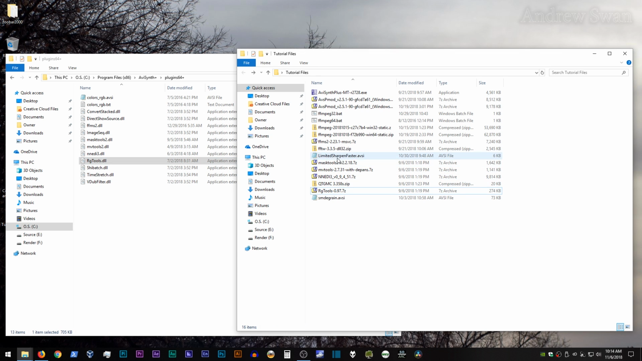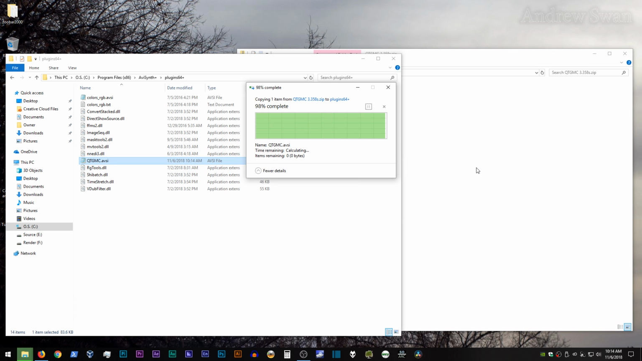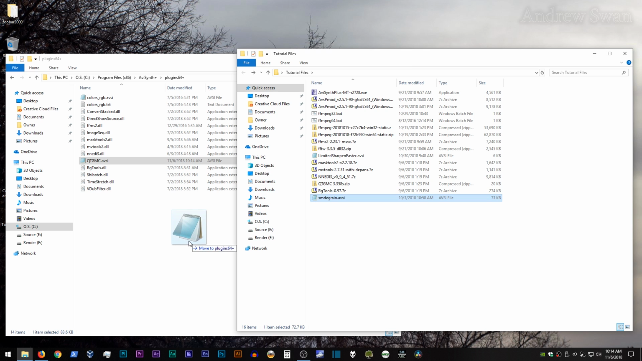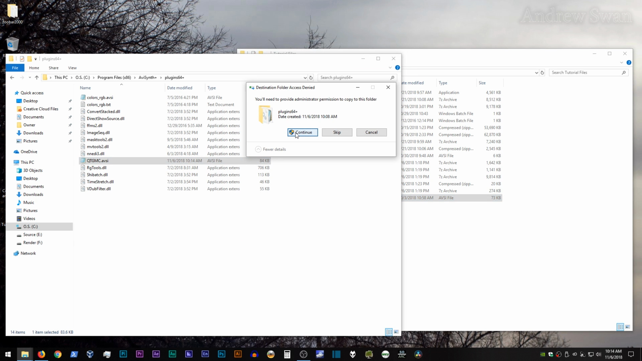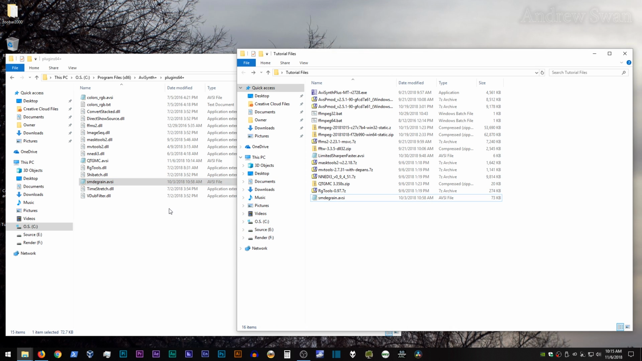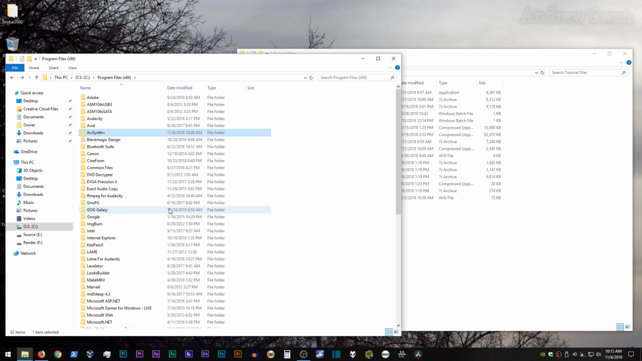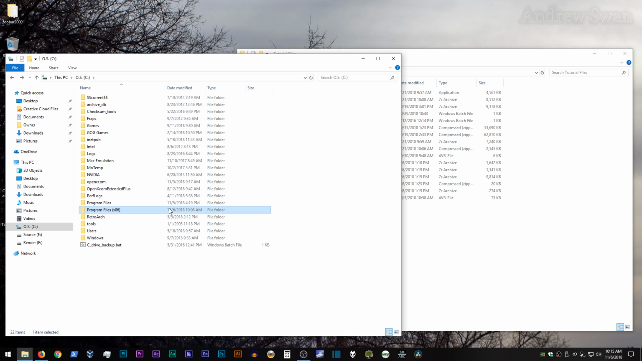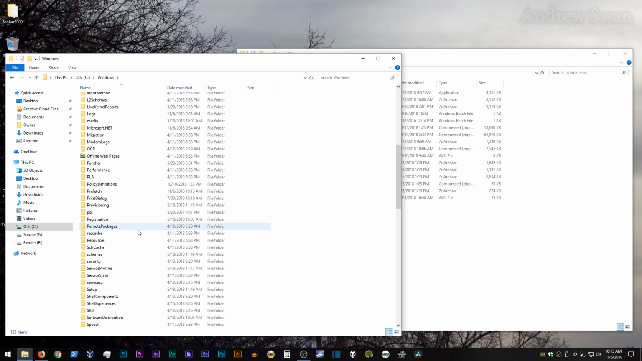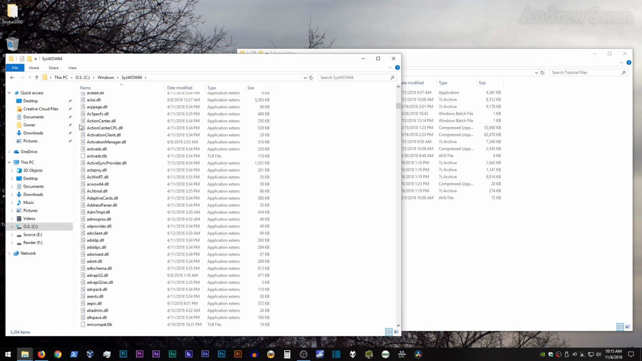All right. Then copy over QTGMC and SMD grain. All right. That's installed everything for AVISynth Plus, with one exception, which is for QTGMC to work, you have to go into your Windows directory, go to the syswow64 folder, scroll down until you get into the files here,